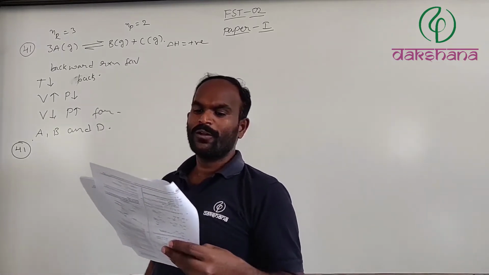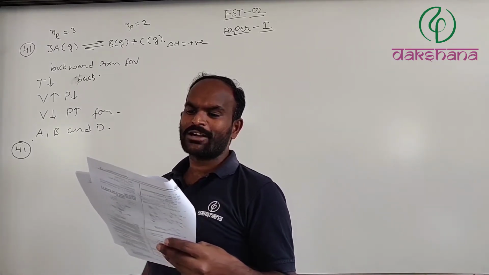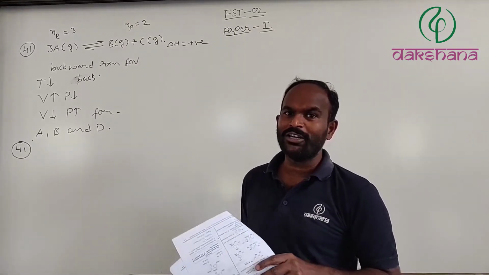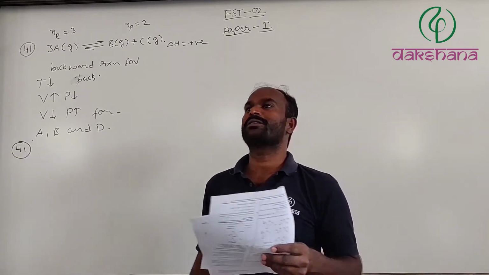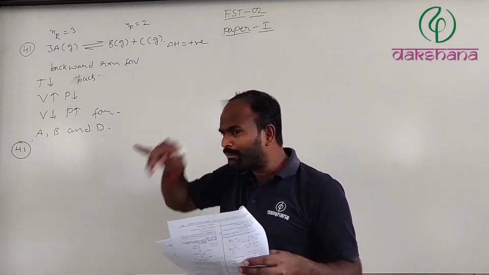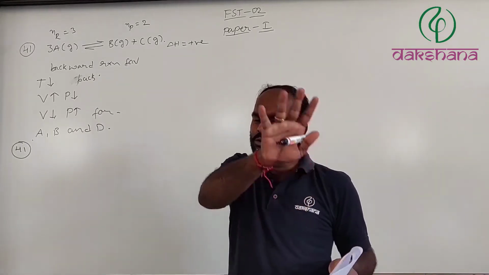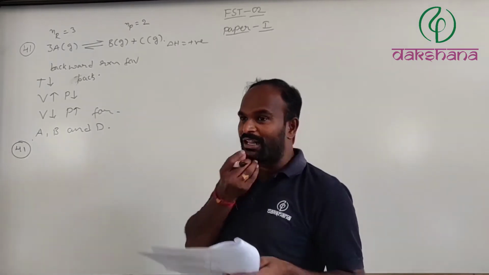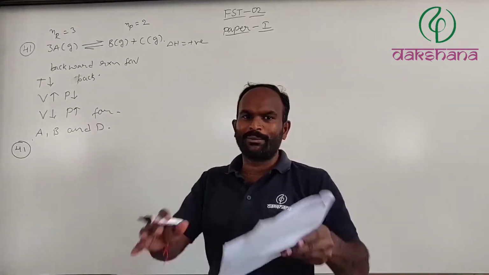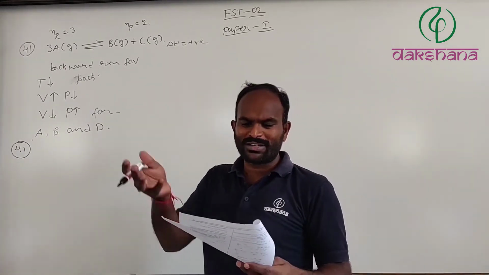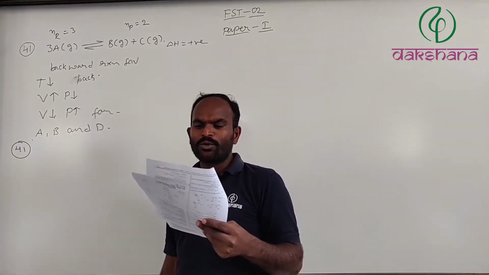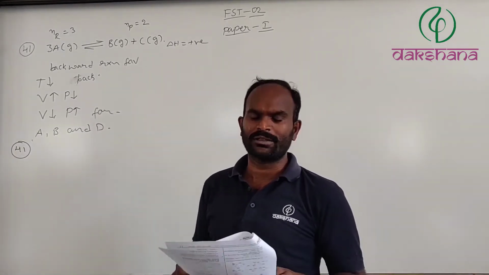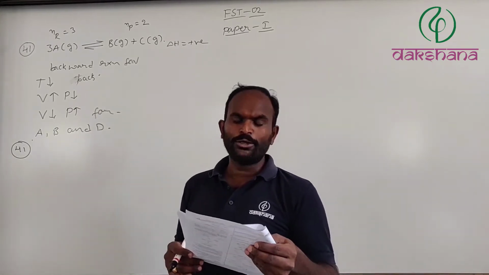Question number 42. Which of the following statements is or are correct? Diamond has dangling bonds? Not at all. Diamond does not have dangling bonds, but graphite does. Dangling bonds are nothing but unsaturation. Fullerenes are cage-like molecules. Yes, fullerenes are cage-like molecules, like a rugby ball, soccer ball or football type of molecules, as we all know. Graphite is the thermodynamically most stable allotrope of carbon. Yes, absolutely true.